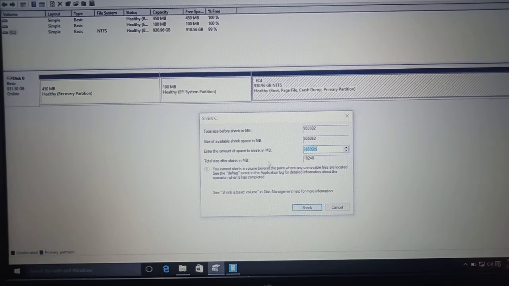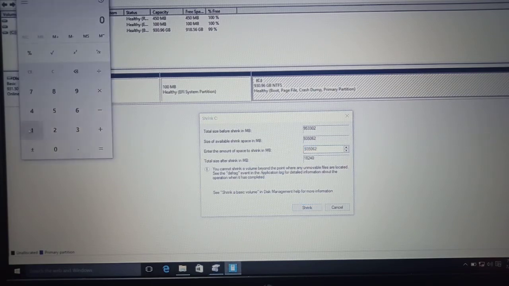So how can we do this? Let's say you want to shrink 100 GB. So that is 100 into 1024 MB, and this much amount we want to shrink.